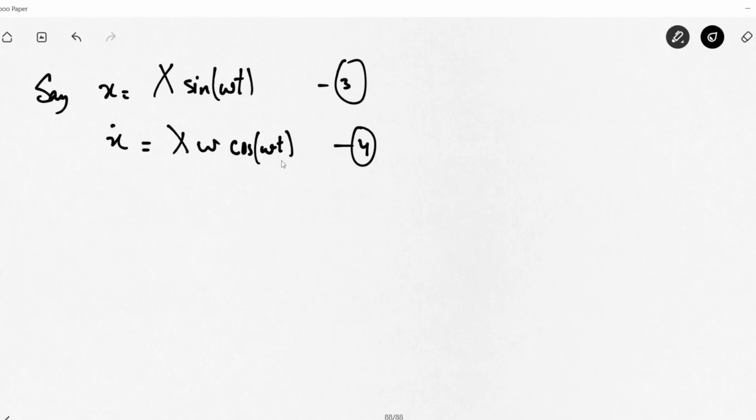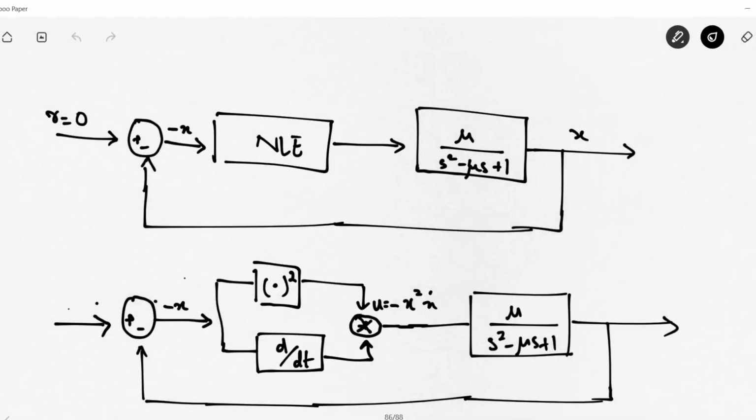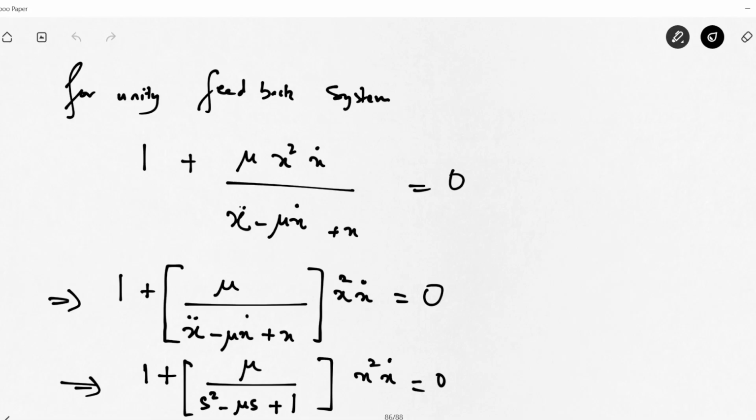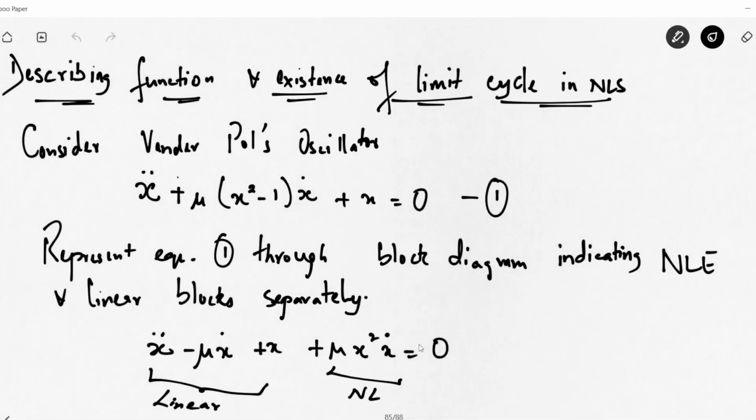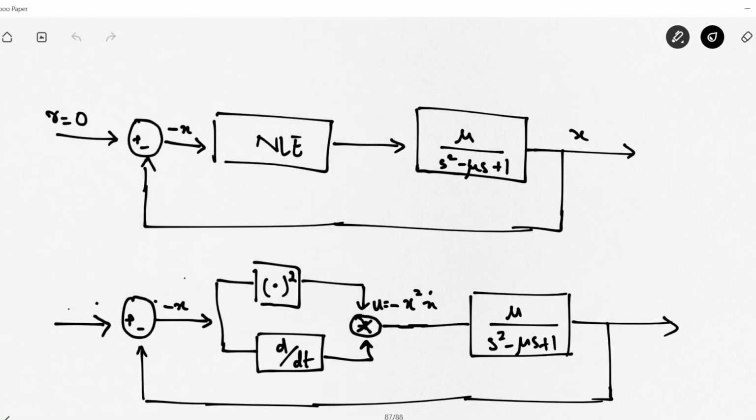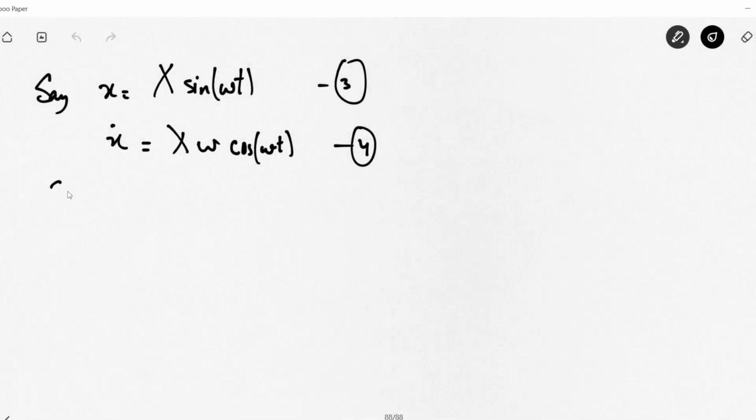That is equation 4. Now substituting 3 and 4 in equation number 2, this is equation number 2: x double dot minus mu x dot plus x plus mu x square x dot is equal to 0, which is a van der Pol equation. Substituting equations 3 and 4 in 2,